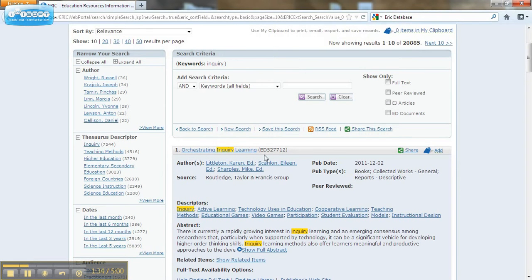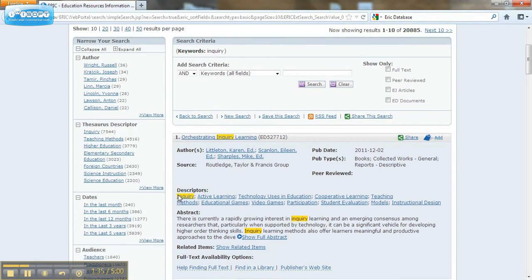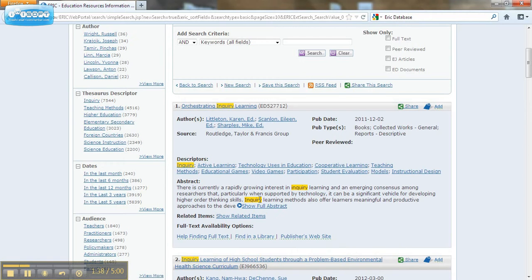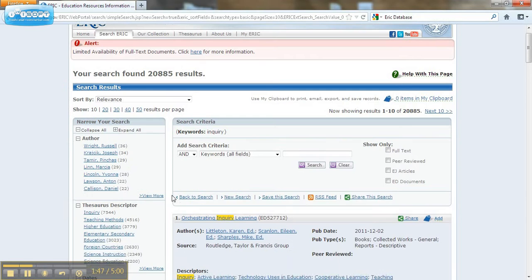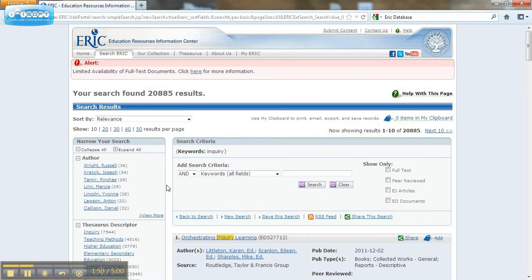But you can see that it's brought up 20,000 results, and that's because it's searching for inquiry, not only in the abstract, but in the full text. So every time inquiry showed up in a text, it's going to bring that up in my term. So 20,000 is a large result, and inquiry is obviously a very common term.